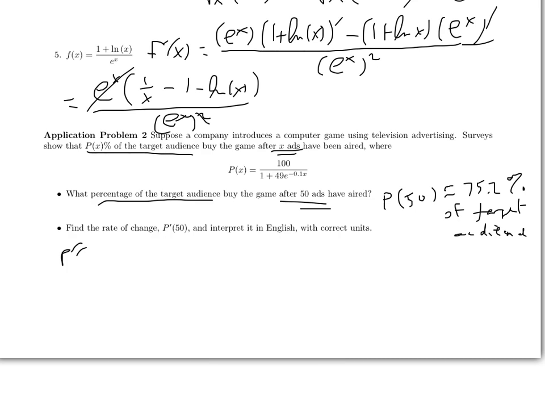So I first have to find the p prime of x formula, and this looks like a quotient, so you could use the quotient rule, and that's fine. Don't forget in the quotient rule that the derivative of 100 is 0. That's part of the quotient rule. But if you do the quotient rule correctly, you will have